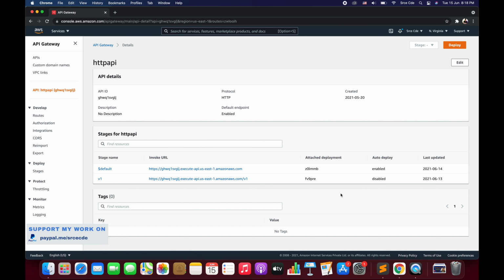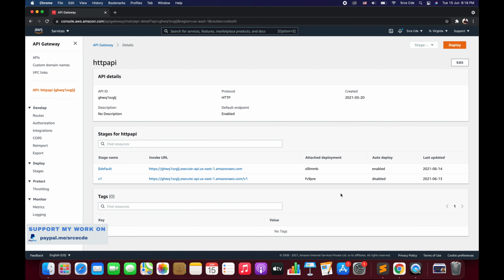So guys, in this tutorial we will go through the path parameters within AWS HTTP API gateway. So basically path parameters are variable parts of the URL path, and I would say path parameters are kind of a dynamic route or resource. Correct. So let's get started and create the path parameter.